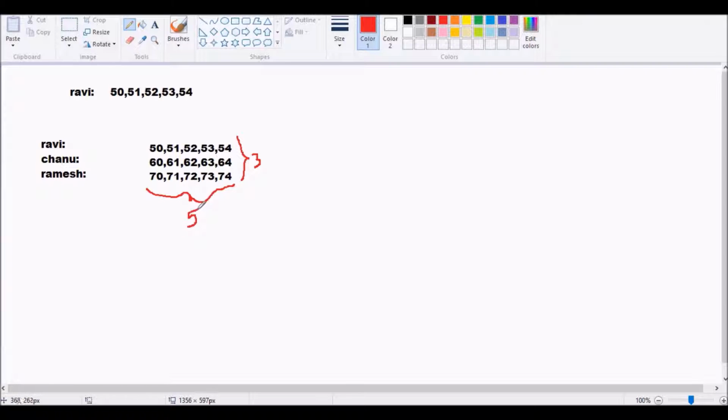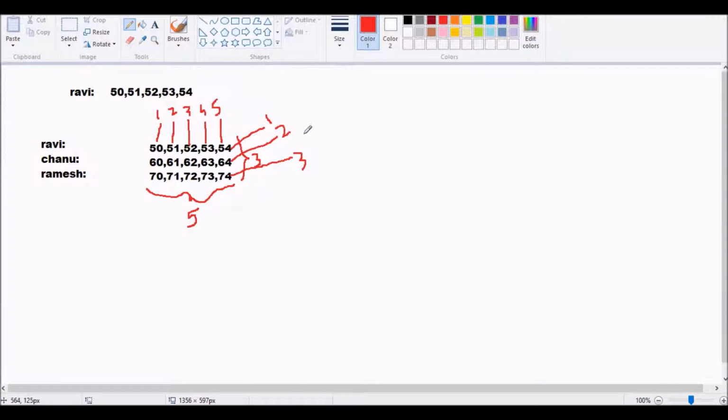So this is the first row, this is the second row, and this is the third row. And this is the first column, this is the second column, third column, fourth column, and this is the fifth column: 1, 2, 3, 4, 5.